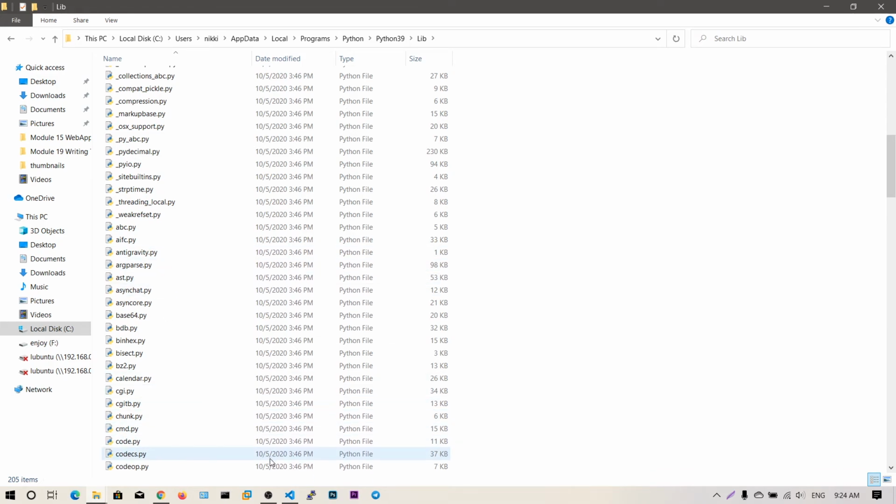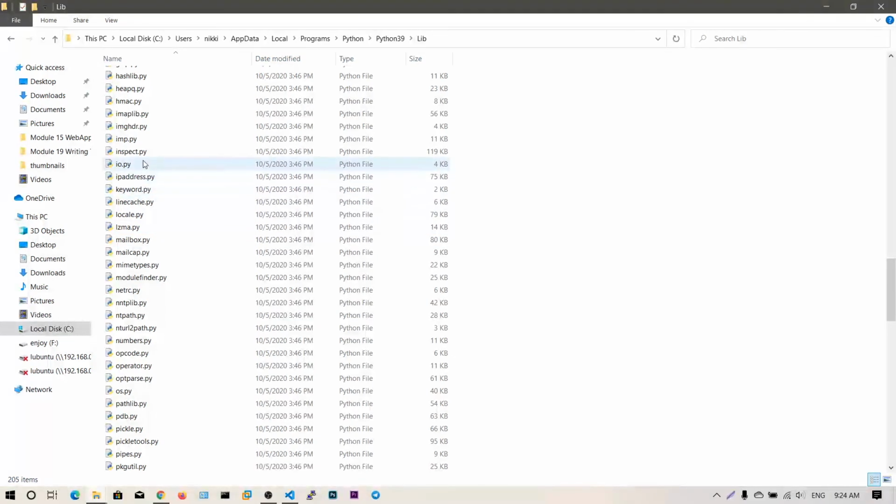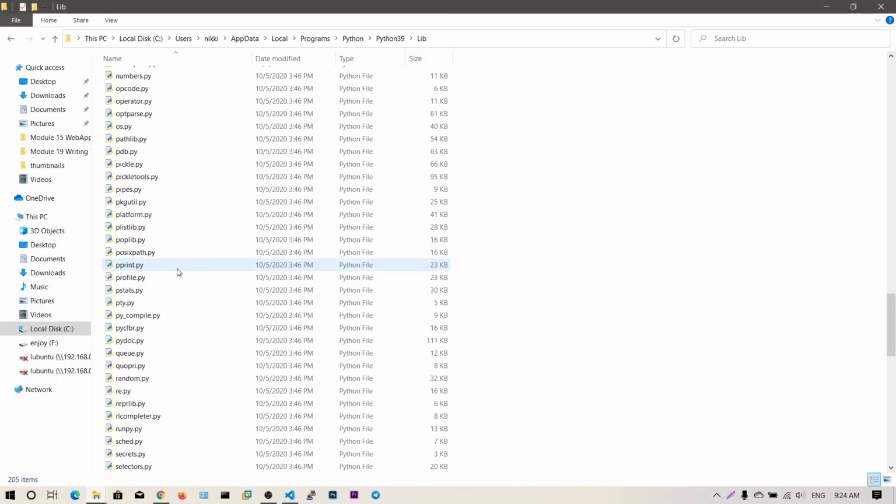You can also paste your source.py in here. By default, when you run a Python script, these modules are loaded if your script imports any of them. If you say import io, then the code inside it will be placed in this program's memory, so it's like accessing that function directly.